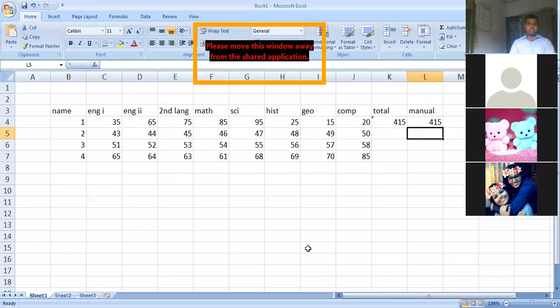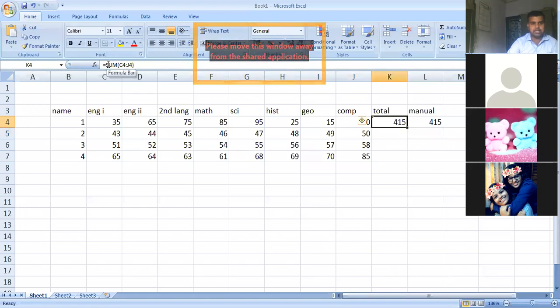So as you can see, we have learned two processes of writing a formula. One is using a mathematical function. I'm clicking on 415. As you can see, there is a mathematical function given, SUM. What do you mean by sum? Sum is the mathematical function to add, to perform a total in a range of cells. I repeat, the sum function is used to add up a range of cells.